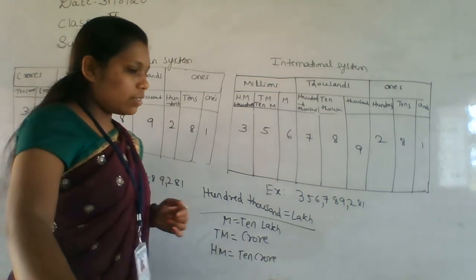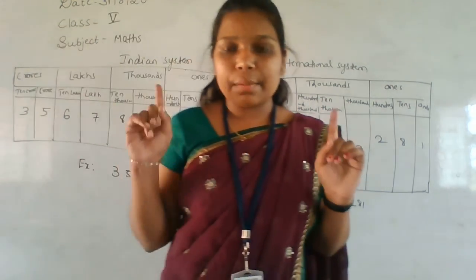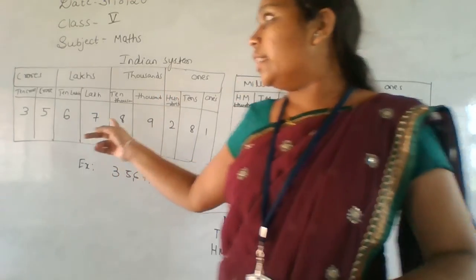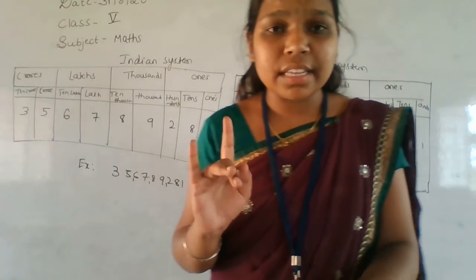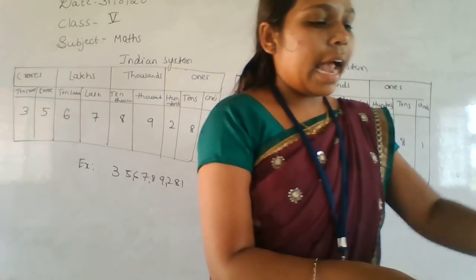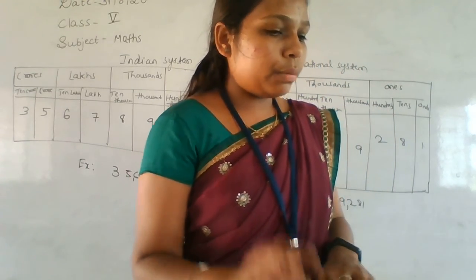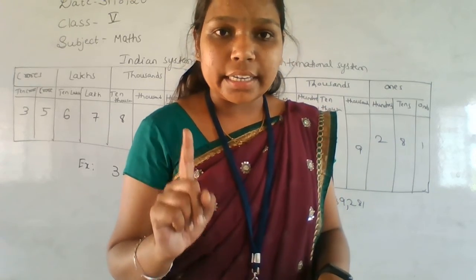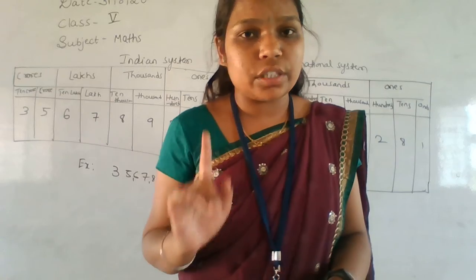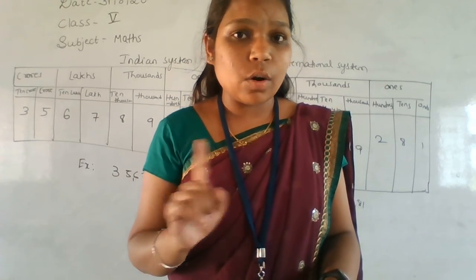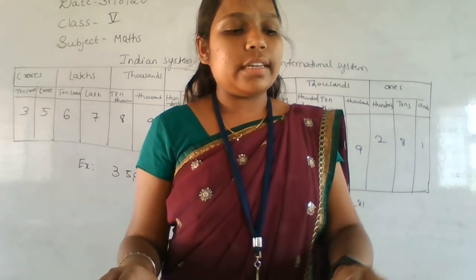Okay. So please go through this one. Once again practice this one. Write the international system of numeration and the Indian system of numeration 5 times. That is the homework for you. And exercise 1.2, from the 3rd main to 5th main, write it in the HW. After that, these we have to write 5 times in the HW. In the HW you have to write, not in the CW. Okay. So that is the homework for you.